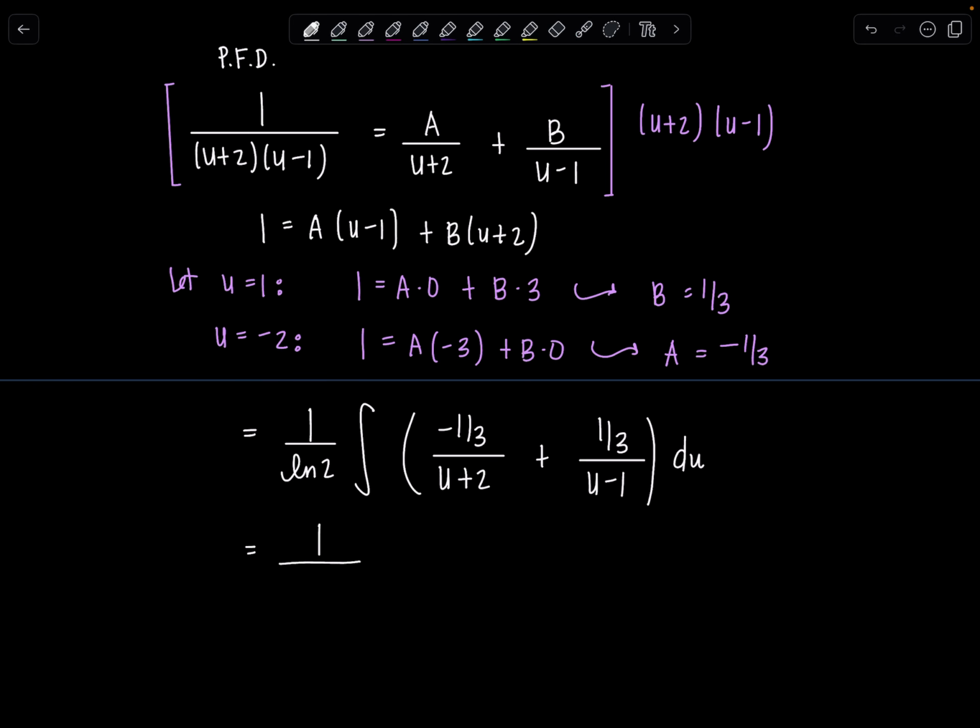So if I take the 1/3 out, now I just have 1 over 3 natural log of 2 times the integral of 1 over u minus 1 minus 1 over u plus 2. You can always clean up more after, but